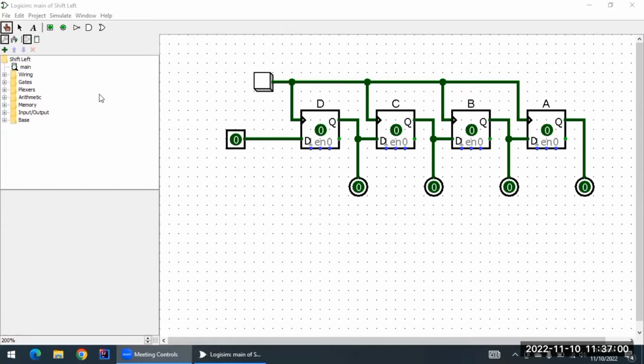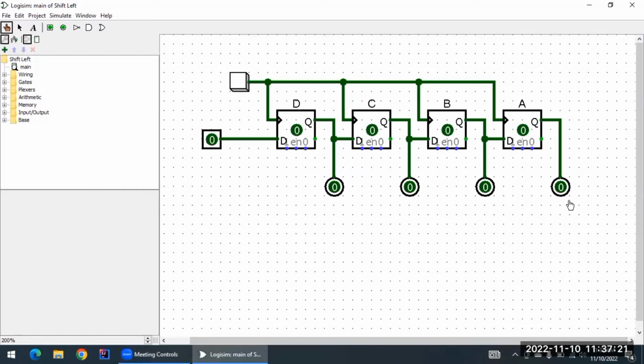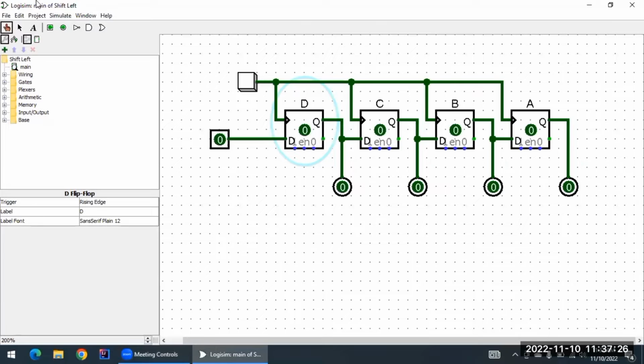Okay, so another thing that you can do with shift registers, shift left and shift right, is you can add and remove as many flip-flops as you want. And obviously that determines the size of the data that you can store or change. So for example, I'm not happy with 4 registers. I want something to carry, let's say 5 registers. Then I can do that too. If I simply